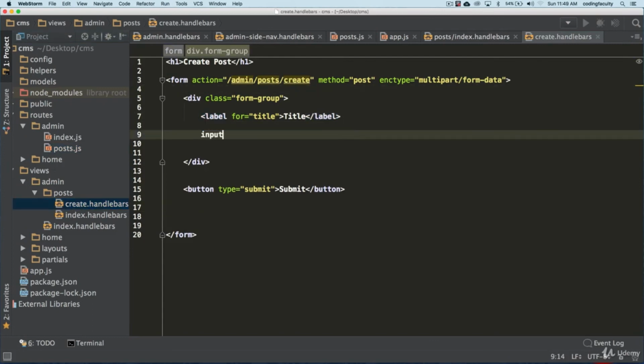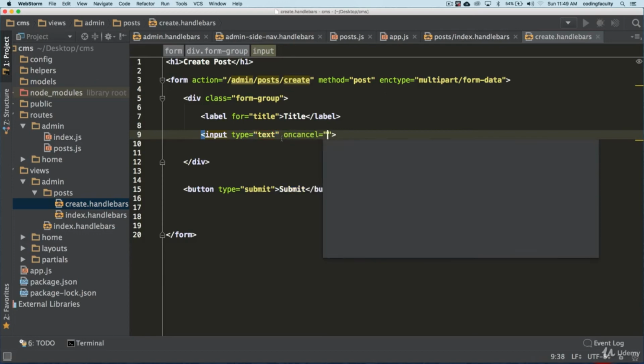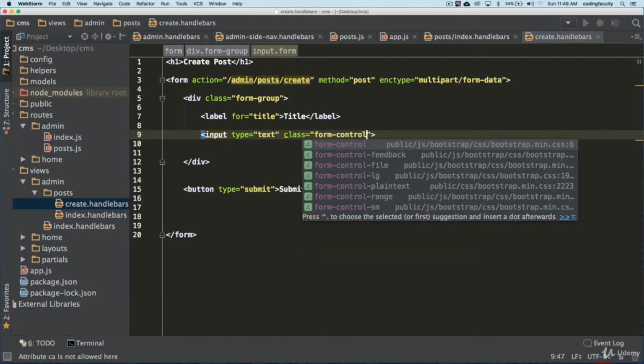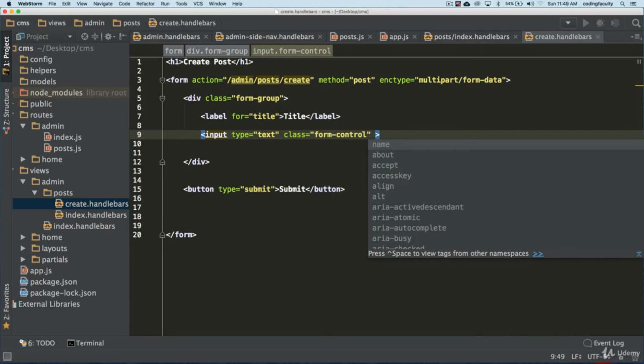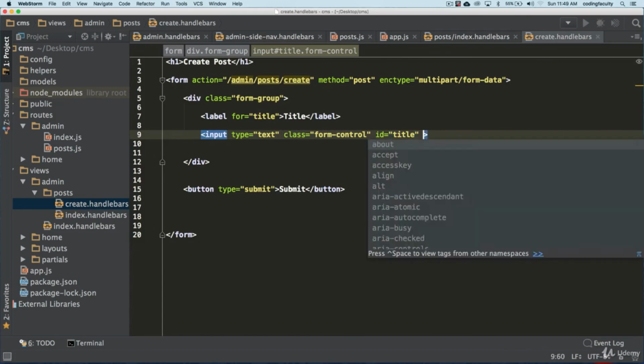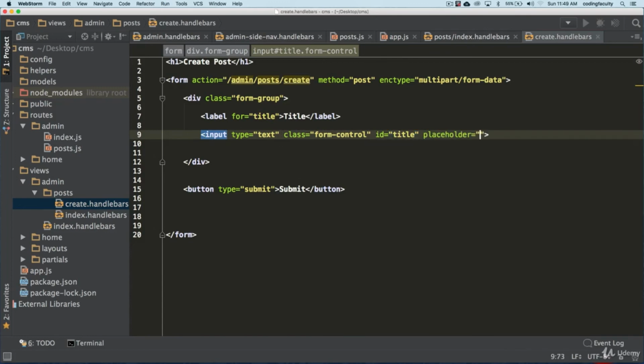So input, and guys, again, you can go ahead and download this if you want. I suggest you just write it down with me. For those of you that don't know Bootstrap, we're using Bootstrap classes, guys. Okay, that's what we're doing here. This form-control is a Bootstrap class. It's just gonna create things automatically for us. It's gonna style it.